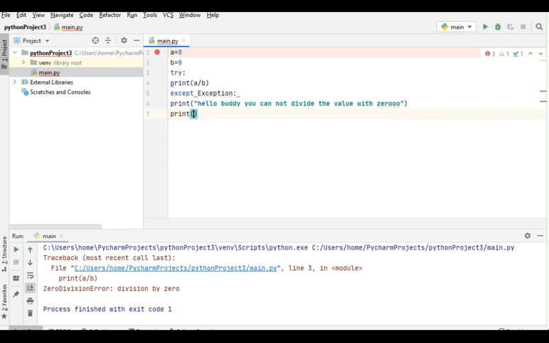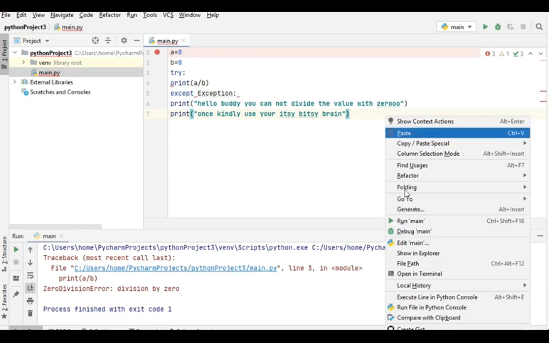Now let's also give another statement, which is print, okay, that's it. And now let's try to run it.